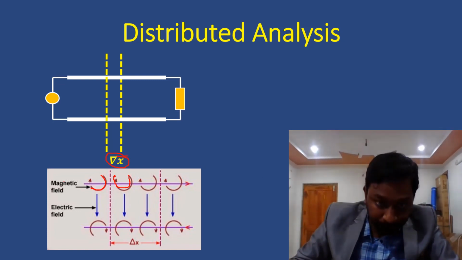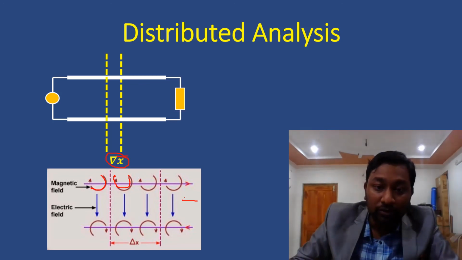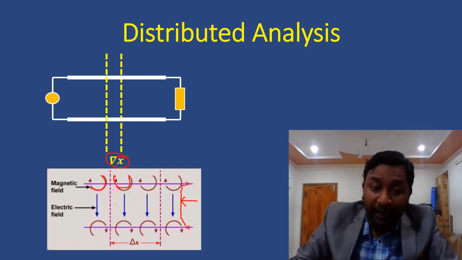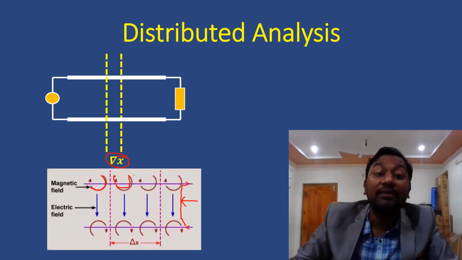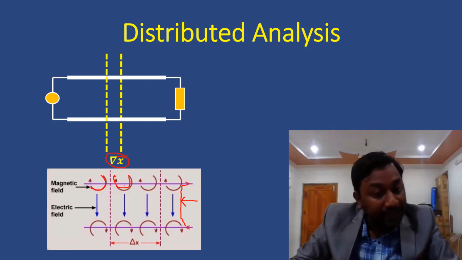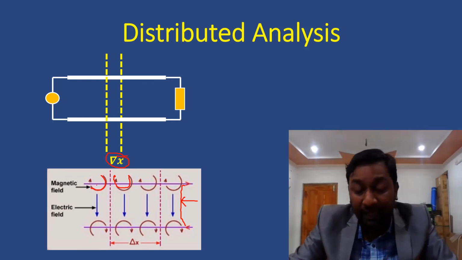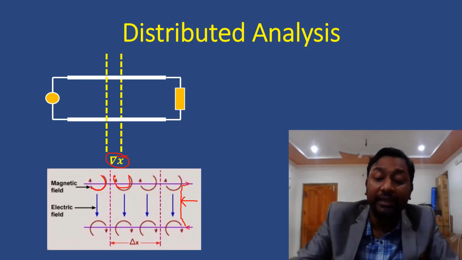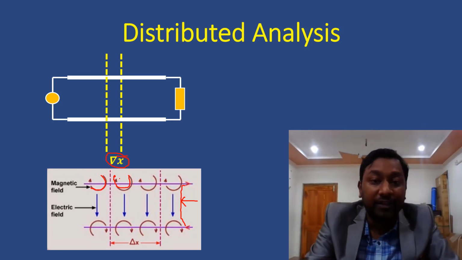Similarly, the two conductors are separated by the dielectric medium. So this is the dielectric medium, and due to this dielectric medium, the capacitance effect will be there. So here we have seen the inductance as well as the capacitance, and no conductor is ideal, so there must be some resistance, and some leakage current will flow from one conductor to another conductor. It will create the conductance effect.